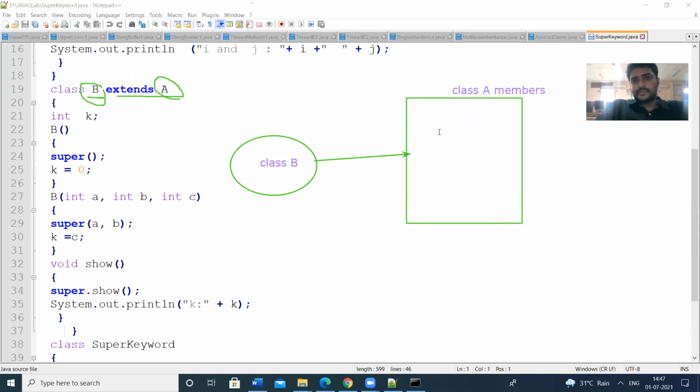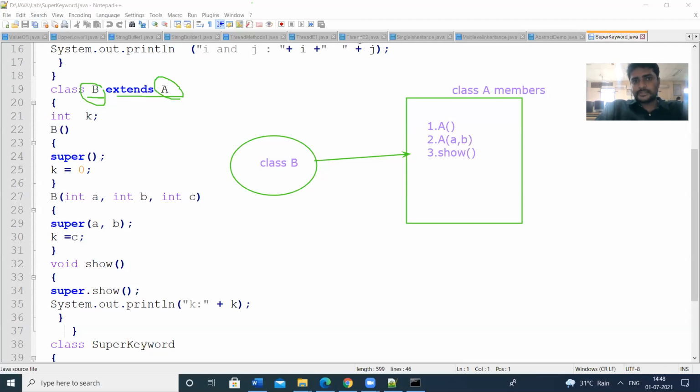Here the class A members are constructor A, as well as constructor A with some parameters a comma b, and then the method show. So these are the class members of class A. Class B can have access to these two constructors as well as the show method.